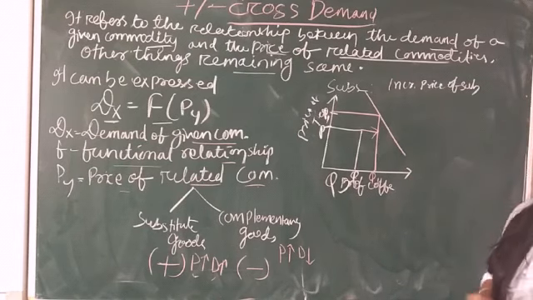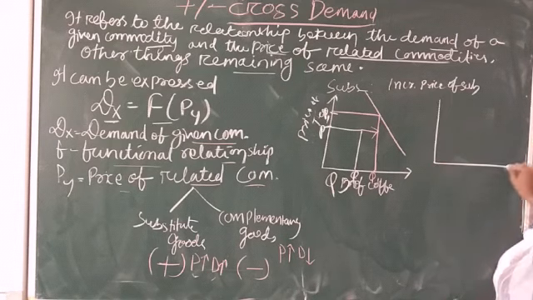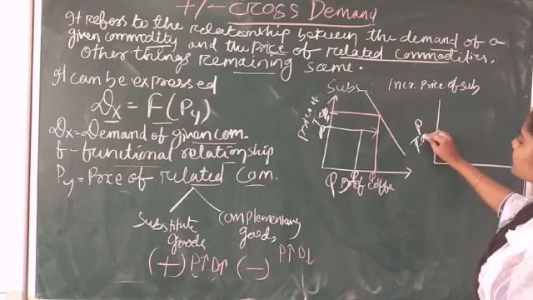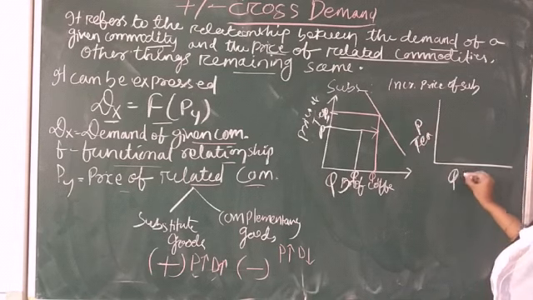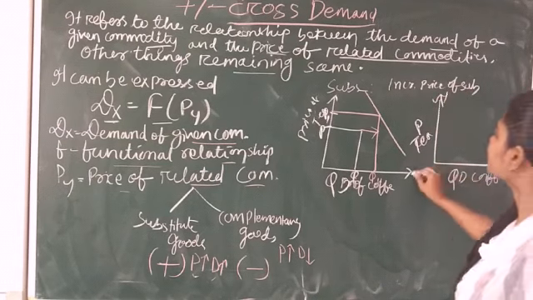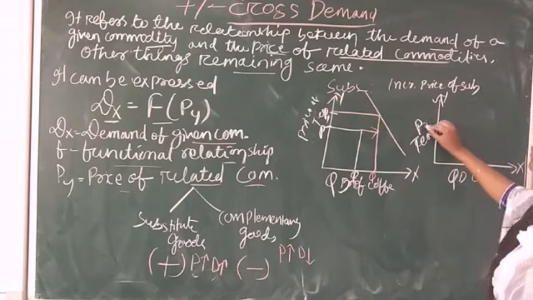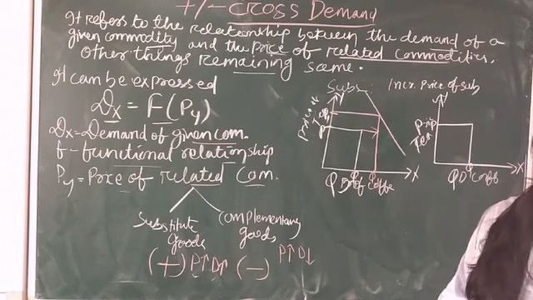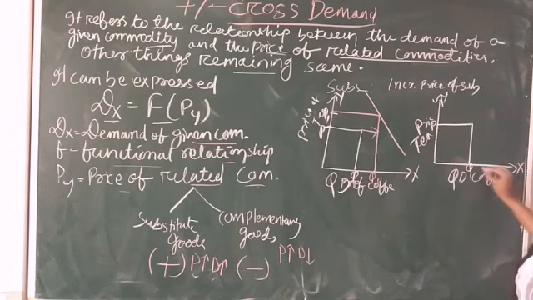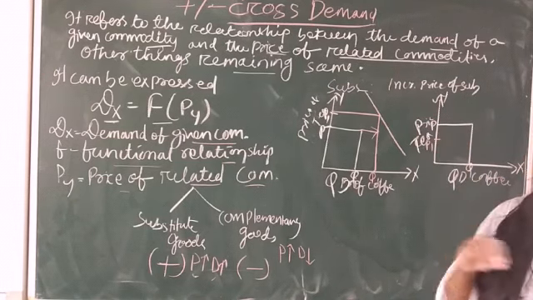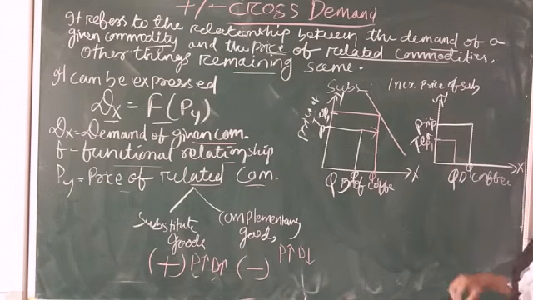So the demand curve will be like this, as compared when the substitute good is the price of tea and quantity demanded of coffee. This is your x-axis and this is your y-axis, same x-axis and y-axis. So when the price is P, the quantity is Q. The quantity demanded of coffee is like this. When the price decreases from P1 to P2, then quantity demanded of coffee will also decrease. Yes or no? So the demand curve will be like this.